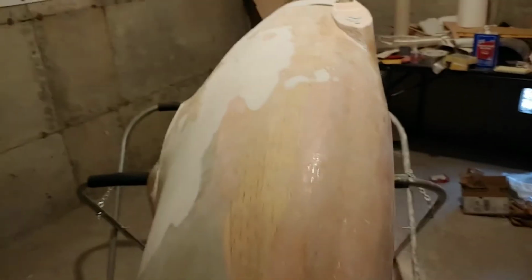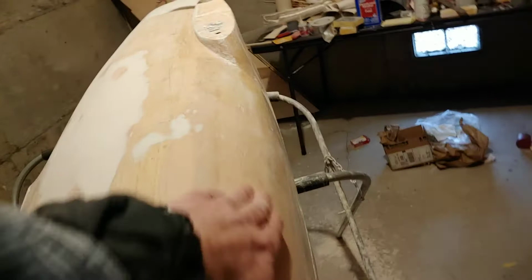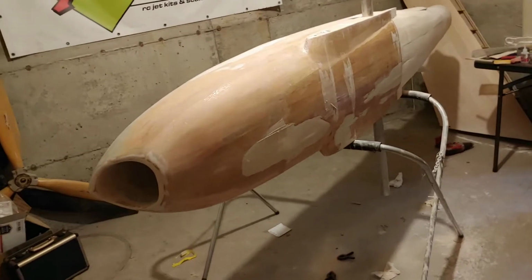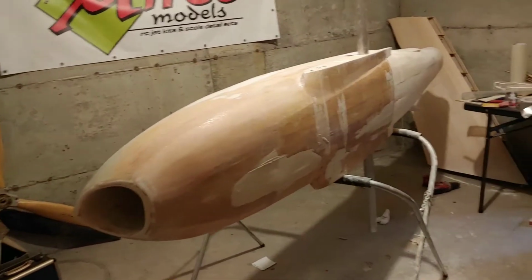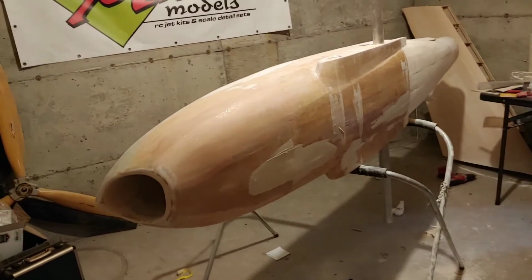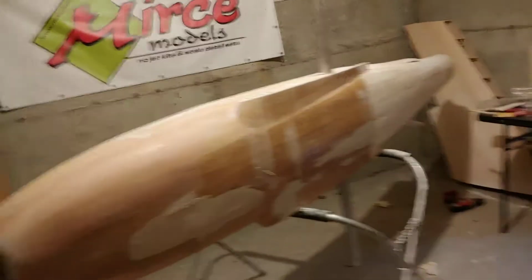Again, one of the things that frustrates a lot of guys when it comes to glassing and painting is the fact that that first coat of primer, no matter how thick you put it on, you lose most of it. And that's actually a very good thing, because when you put your second coat on, you're going to notice that a lot of your blocking and all that stuff, these things that you do to make this thing amazing, really does. And if you guys are on my Facebook,